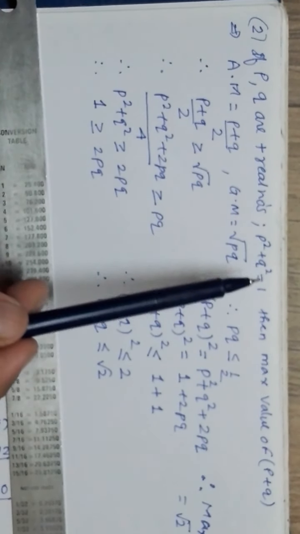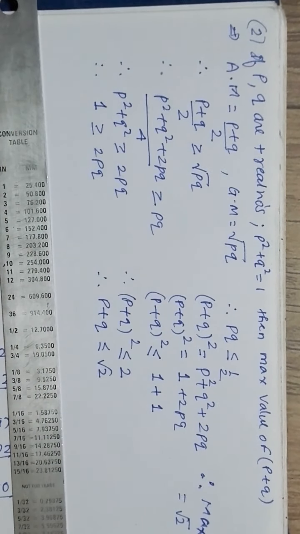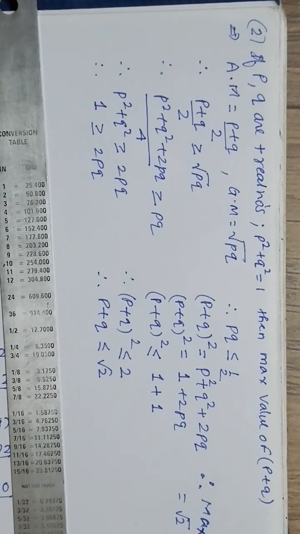So p square and q square I will not get immediately, but p and q addition I will get, na? And from that I can get this p square plus q square. So that is why I thought of using this AM and GM. You can use it and you can also solve it another way. See, one common relation is here. What is the relation? Think for a moment. You can solve it without this also.